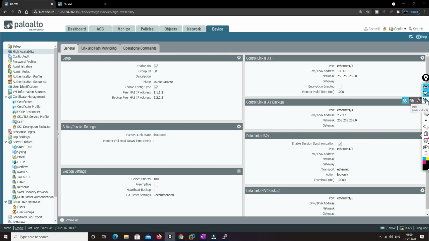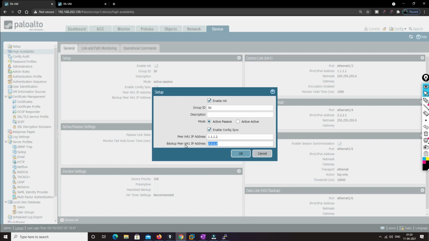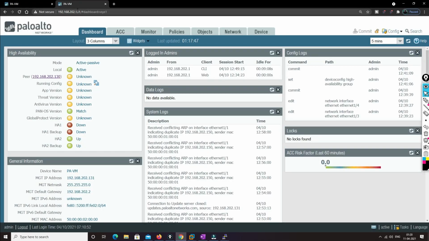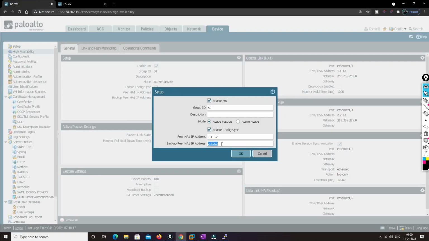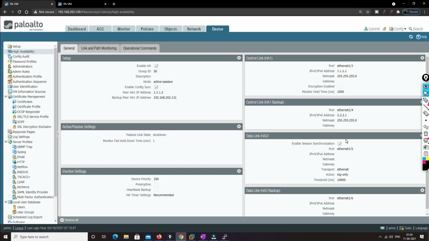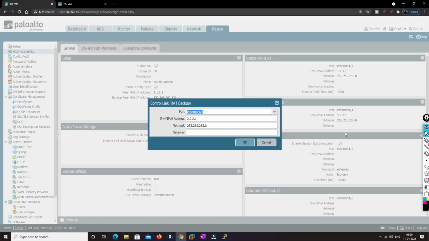Now we'll click here and configure this IP address, right? This is the management IP address, and we'll configure it over here. Remove this one. Okay, done. And also here, right?